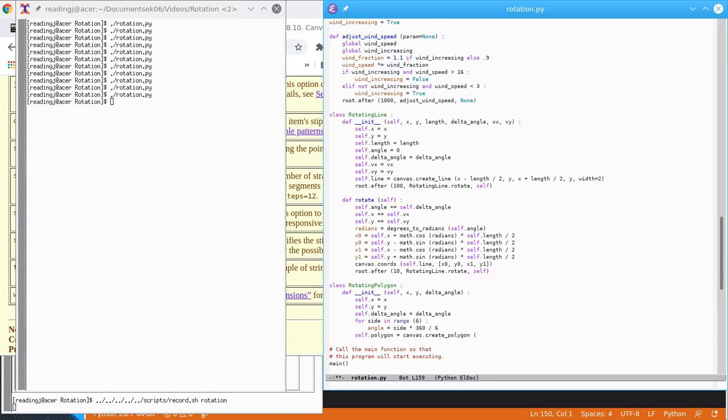So for each side we're going to step 60 degrees, or a sixth of a total circle,